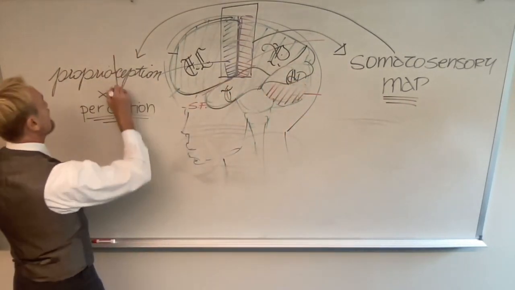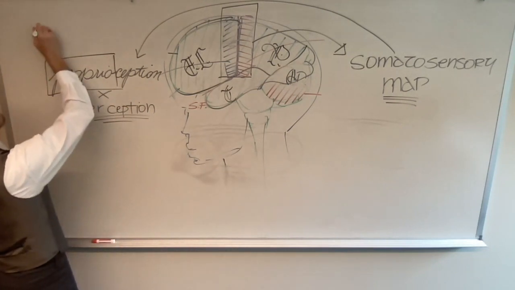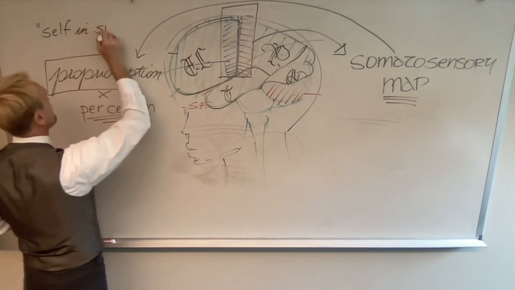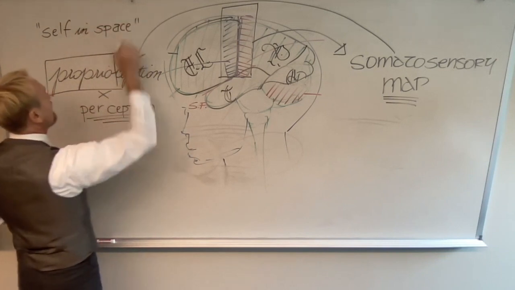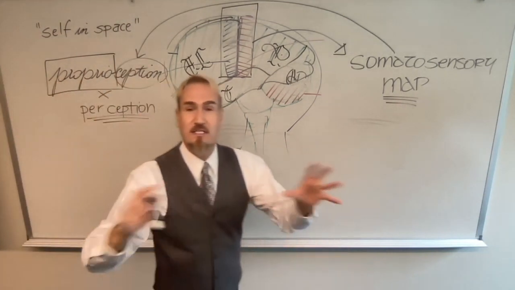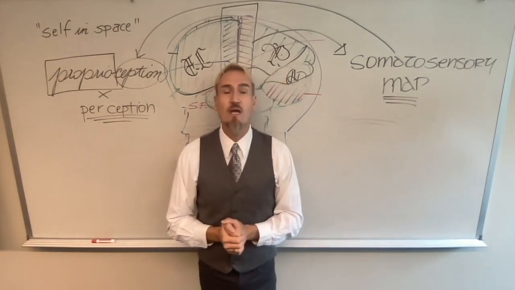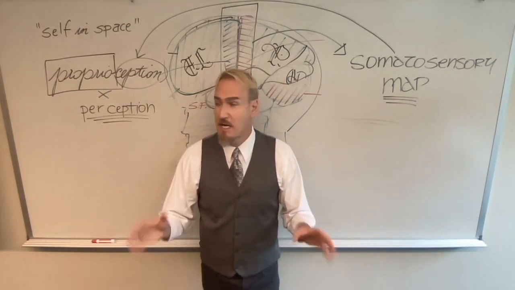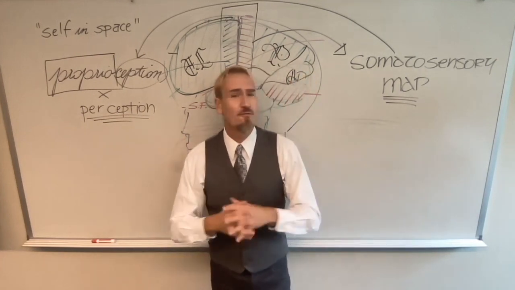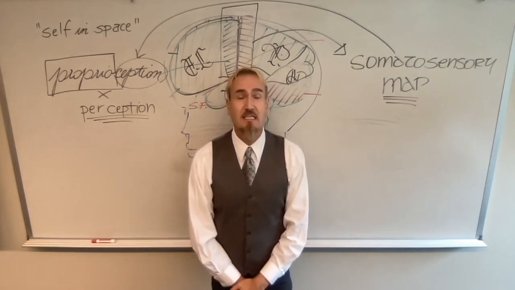Proprioception, okay, proprio as in the, let me put it this way, the self in space, okay? So it is the perception, the understanding of myself in space. It's how the body sees itself, the way the brain modulates things in a map so I can understand what's going on. And there's a variety of fascinating neuroscientific studies that indicate that.